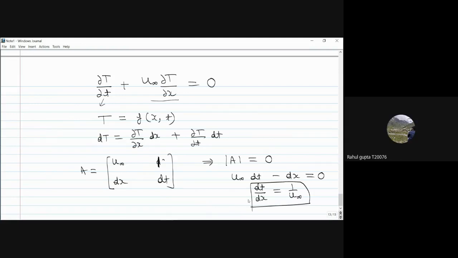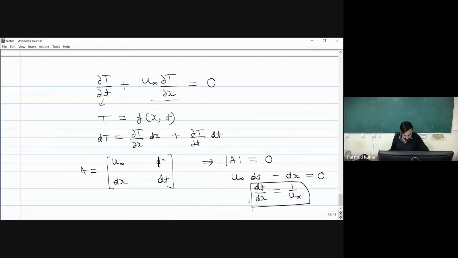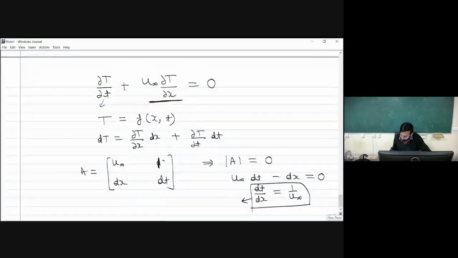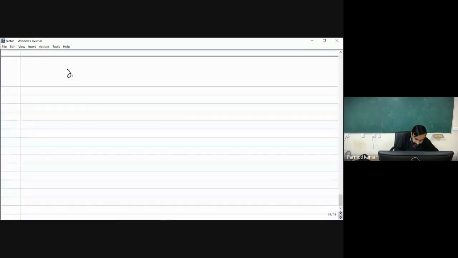Okay, so what I am saying over here, if you try to find out what will be the nature of the equation, we are finding a unique slope. So it will give us some idea that the equation is parabolic. But in actual, if you see, this is nothing but our convection term over here. So if we have the involvement of the convection term, the nature of the equation will not be exactly parabolic. So that's why we have to further apply some operations, and based on these we have to determine the nature of the equation.